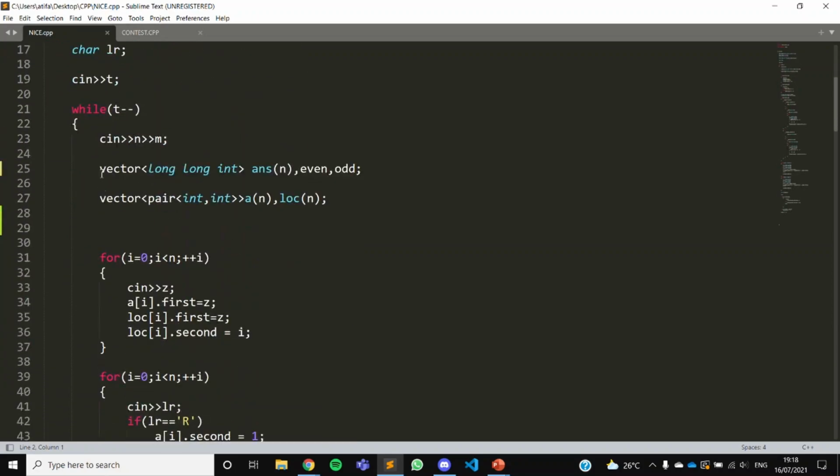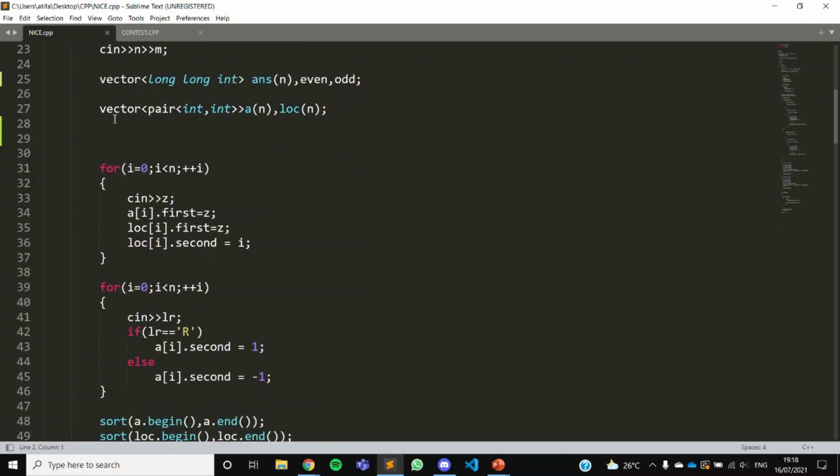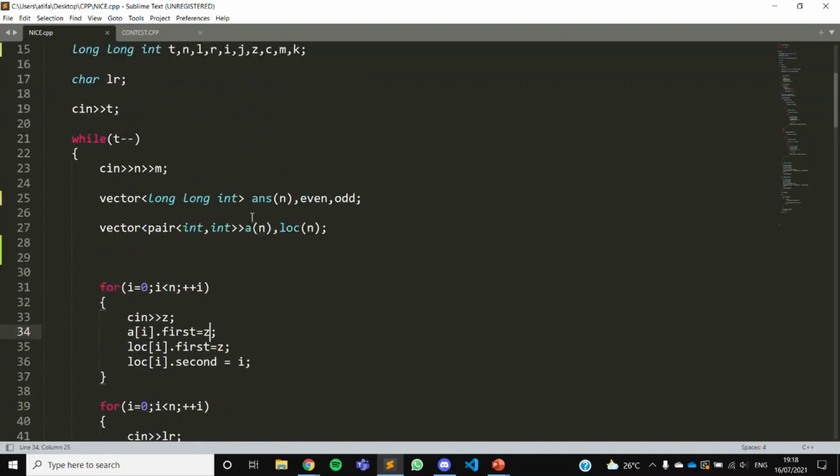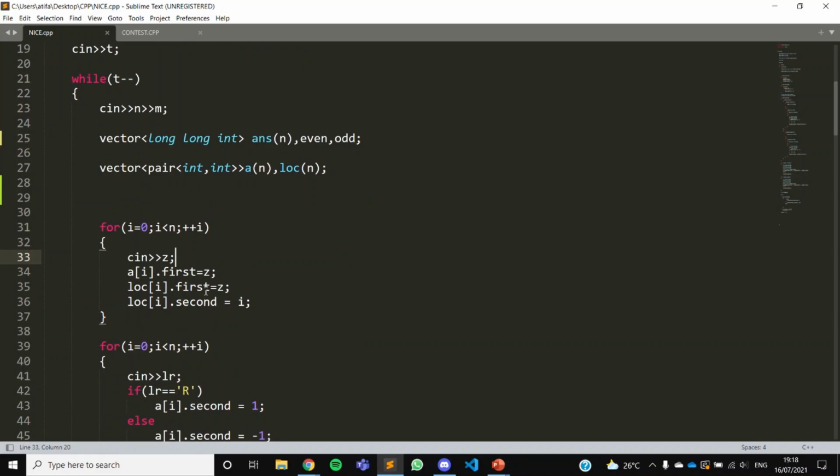What we are doing is taking input of pairs, and here they have given the input of positions. So we'll be taking the first element of the pair here, and the location array will be used to print the answer in the end. Since we are sorting the robot positions, the answer at the end should be given in the same order as given in the input. So that will be used to store the initial location in which the input was given.